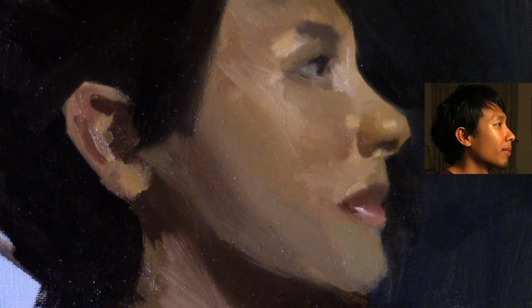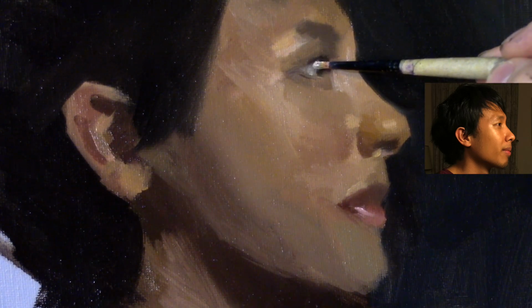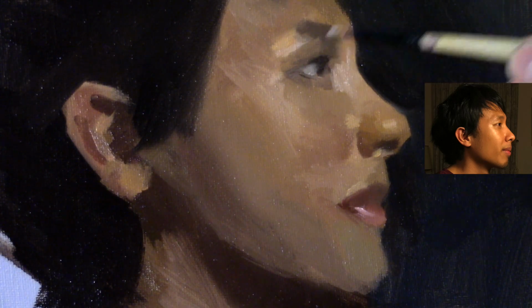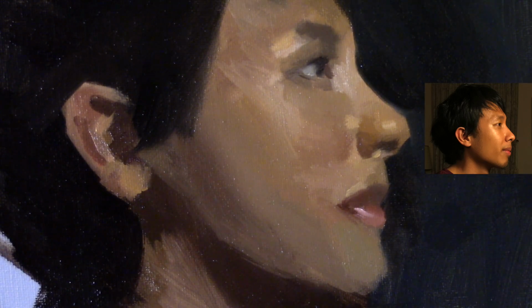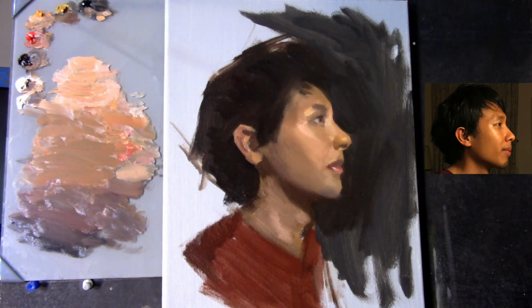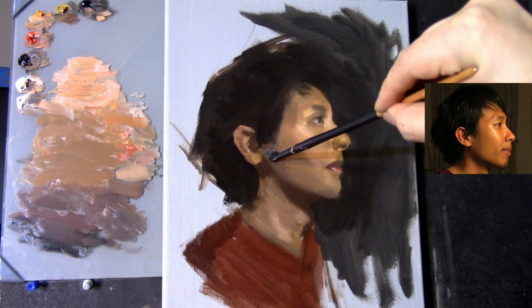And now with a little bit of the burnt umber and white, with a little bit of the ivory black, I'm going to put a lighter, cooler value now for the white of the eye, known as the sclera. But this isn't straight white, it's just a little bit lighter. And now with the darker burnt umber and the alizarin crimson mix, I put in just a single brush stroke for the tear duct. And I think that will be all that I will do for the smaller shapes of